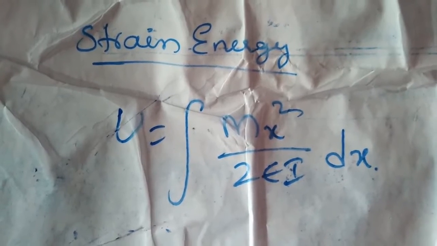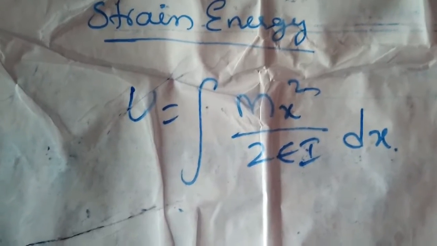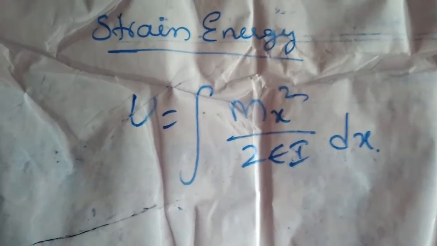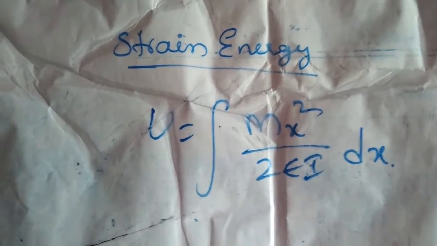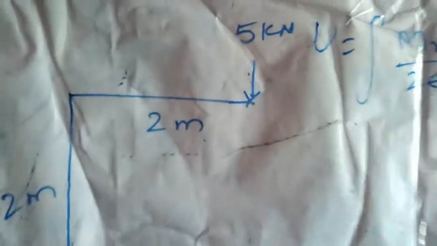And if you want to calculate the deflection in that particular direction, only the load should be acting. With respect to these two conditions only, we can continue with the strain energy. So let us take one frame like this. The frame is given with 2 meters and also 2 meters of span, and it is loaded with some 5 kilonewtons load at this point. We give the notation A, B and C. Now we have to find the deflection at this C by using the strain energy.